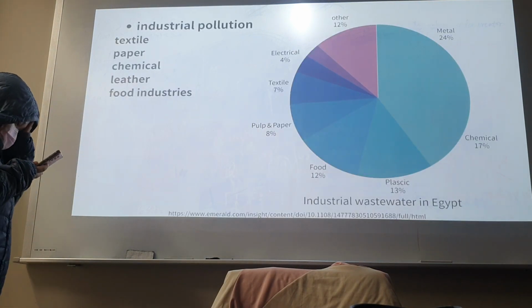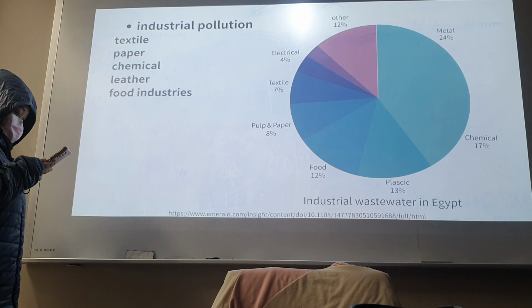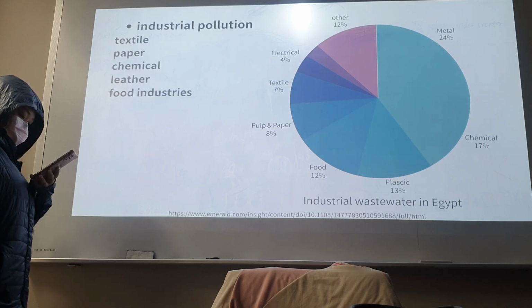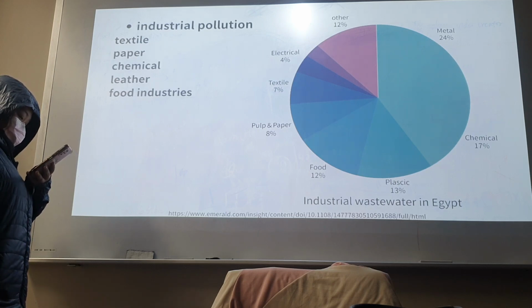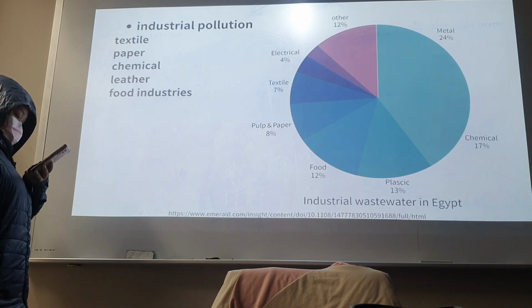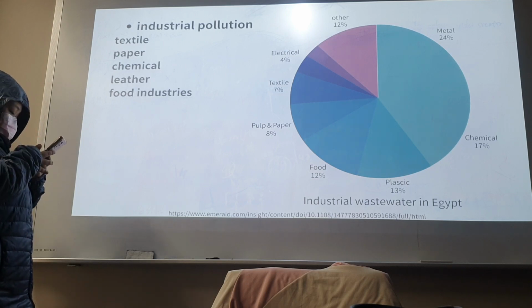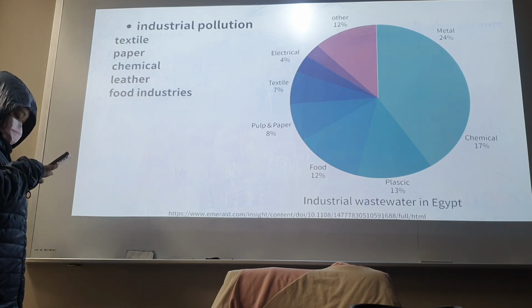Egypt is a country with an average annual rainfall of less than 80 millimeters. Only 6% of the country's land is covered. Industrial pollution is one of the major